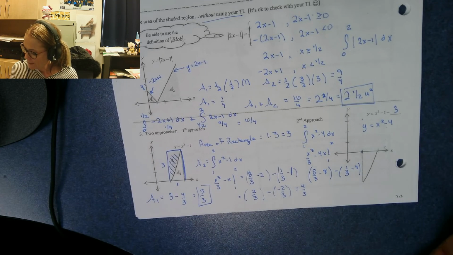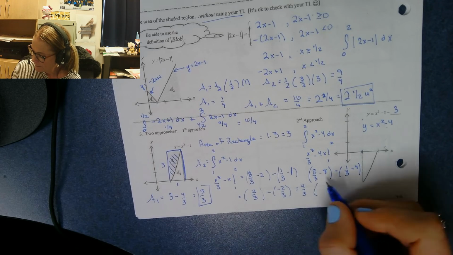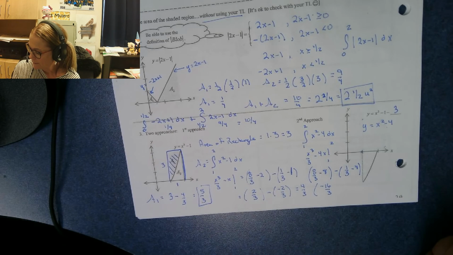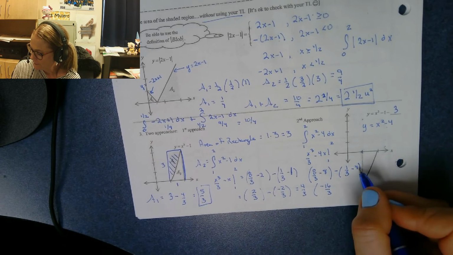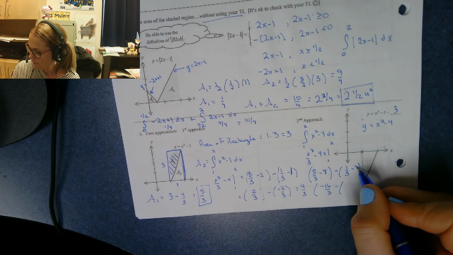Okay, so if I put this over 3, this is going to be negative 16 over 3. And here, this is going to be minus, make that a 12,